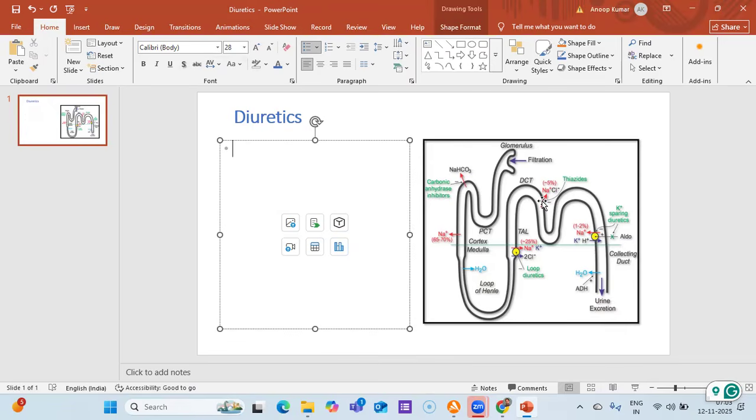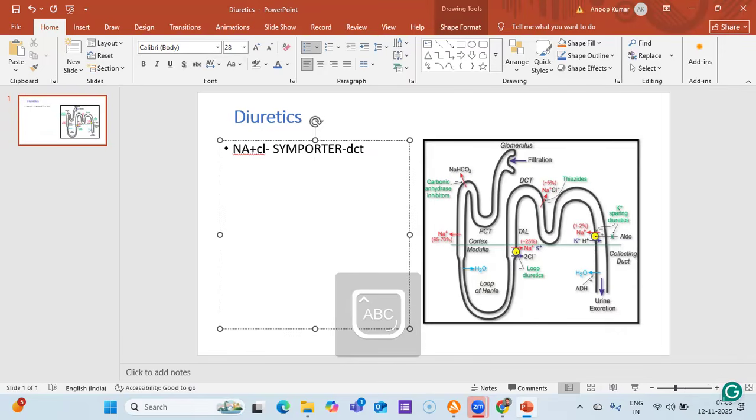and in the distal convoluted tubule a transporter is there. And what are the transporters? Transporters are the sodium and chloride transporters. So thiazide diuretics like chlorothiazide act on the sodium chloride symporter. These are the symporters, and they are present on the distal convoluted tubule, DCT,